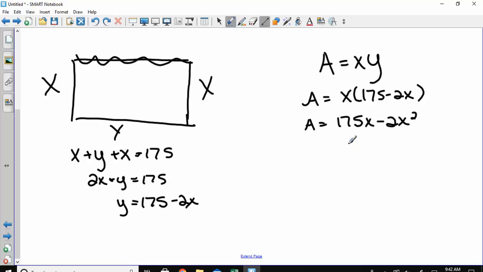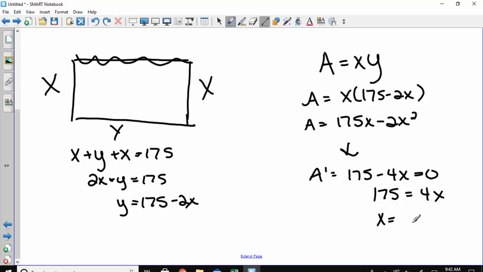Then if I want to maximize or minimize, what do we have to do? Anytime I want the maximum or minimum of something? Derivative. So that would be 175 minus 4x equals 0. You want the derivative to equal 0. And divide by 4. And what do we get? 57.5. And then you would write the sentence. Make sure you look over your related rates problems. There'll be one of those on the portion you're taking tomorrow. So those were like